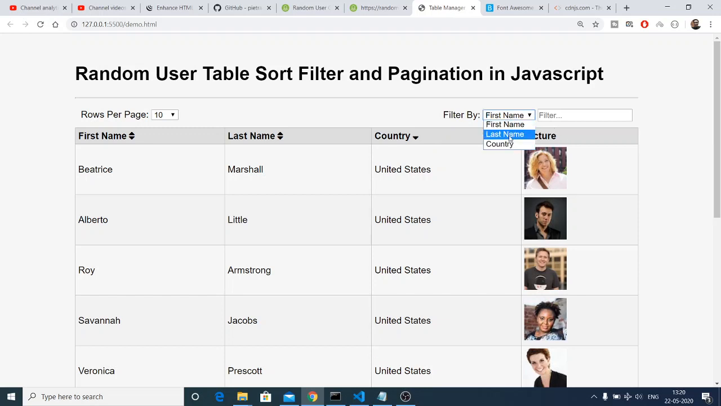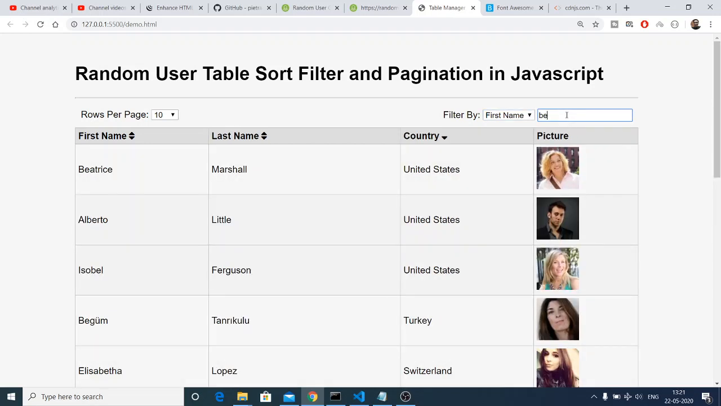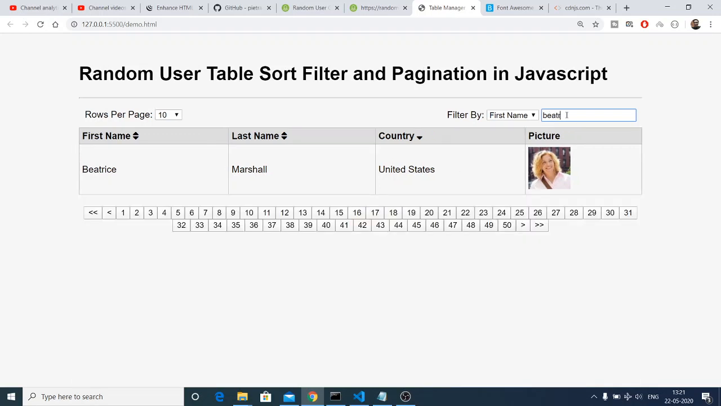The other feature is that you can select the filter by option, and let's suppose I want to search for any kind of user first name, and here you need to search for the name. Let's suppose I write BE, so in real time it will be searching for the user. You can see that this is a user I have searched here, and accordingly you can select last name if you want to select the last name. If I just refresh it here,